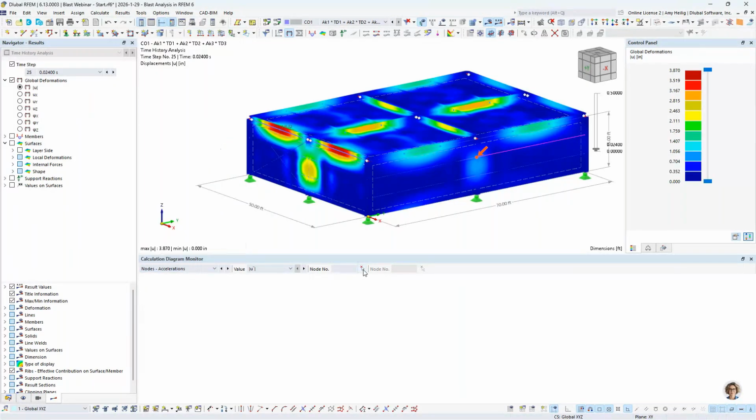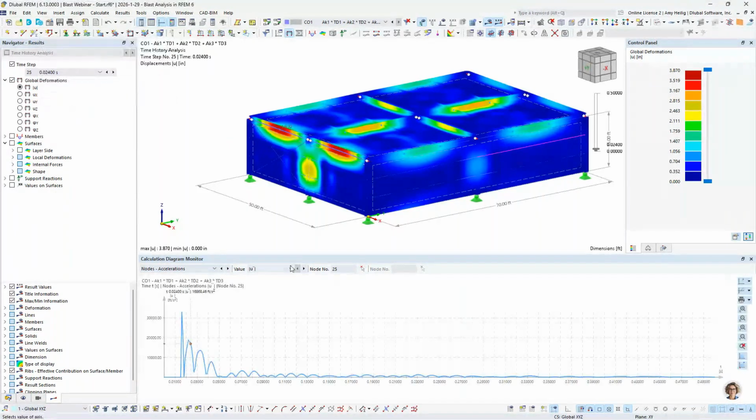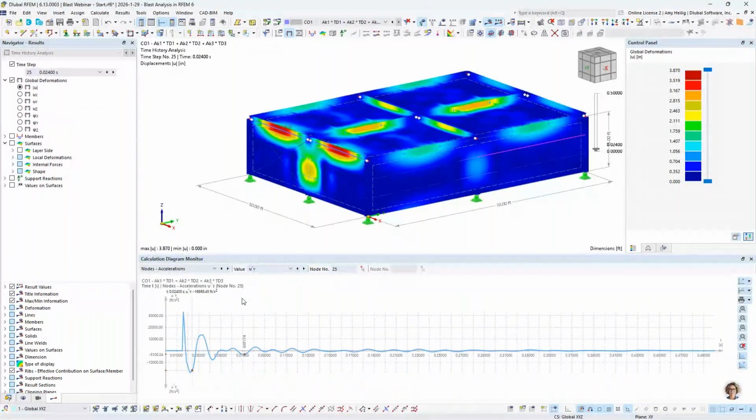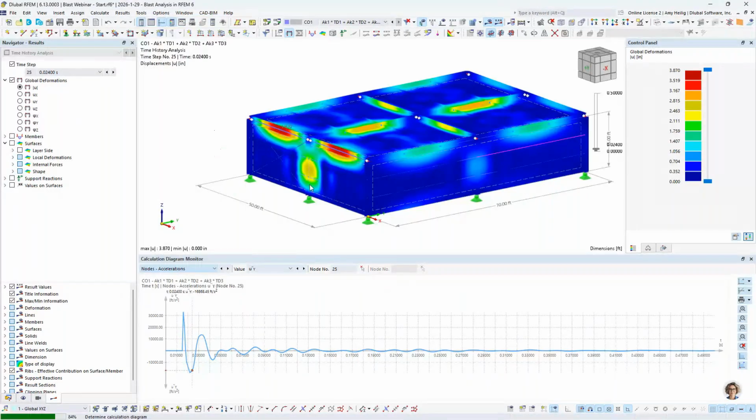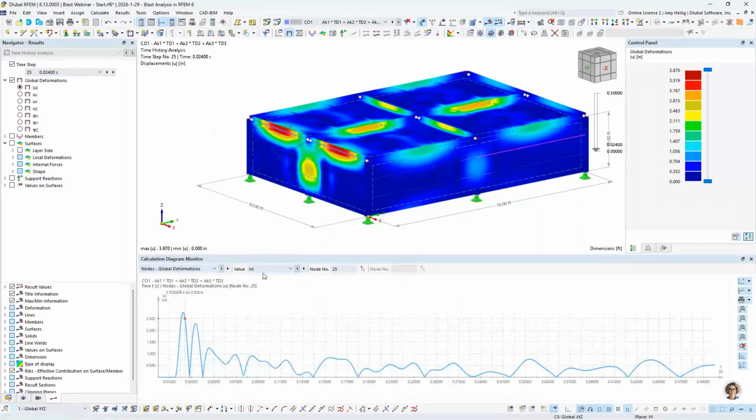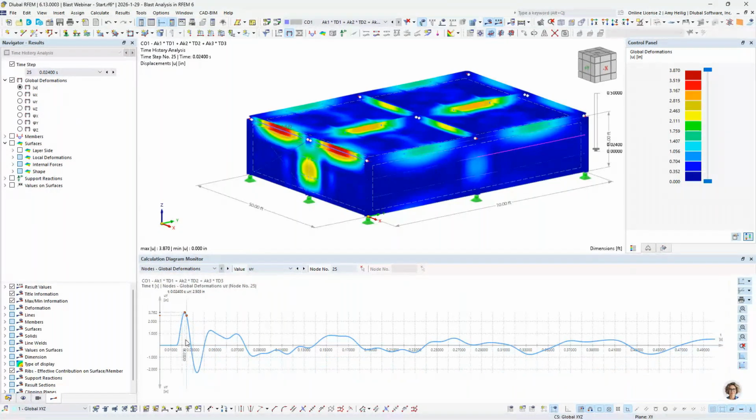I could graphically select maybe a node at the front of the structure. And maybe I'm interested in the accelerations in the Y direction. So we see that plotted here within the diagram monitor over the 0.5 second duration. We could also toggle this here to maybe the global deformation of that same node. And maybe I'm interested in the global Y deformation only. So again, we can see that plotted out here as that wave load moves from front to the back of